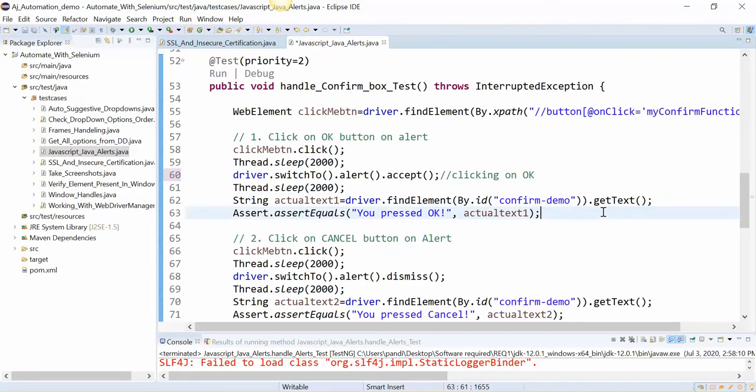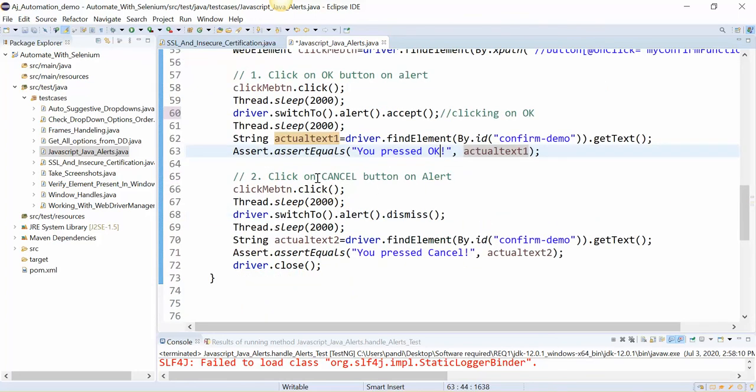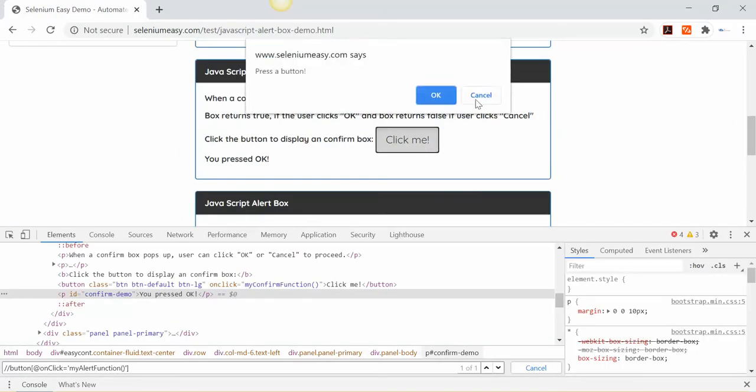Okay, and it will be as a string. So we are storing in a string variable this, and we are just asserting, we are just verifying that the expected is this: when you click on OK button, it should display this, and what is the actual. Okay, so second case, after clicking on this, we are going to click on cancel button, and same we